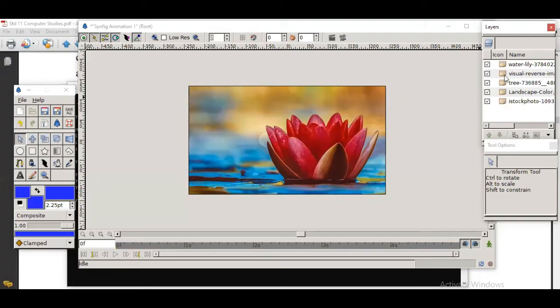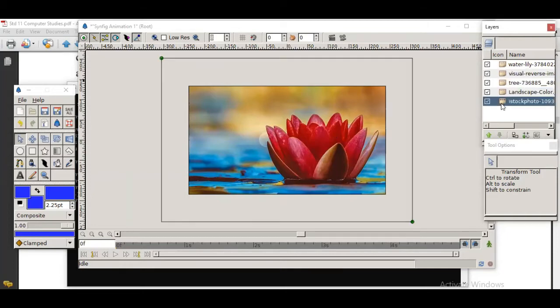But which one is visible? Which is on the top? The last layer that we have inserted, that is this one. Now when you click on all these layers, you will get one border around the image. This is what is visible here, the part of image that is the size of your canvas. And this frame which you can see here, that is the actual image size.